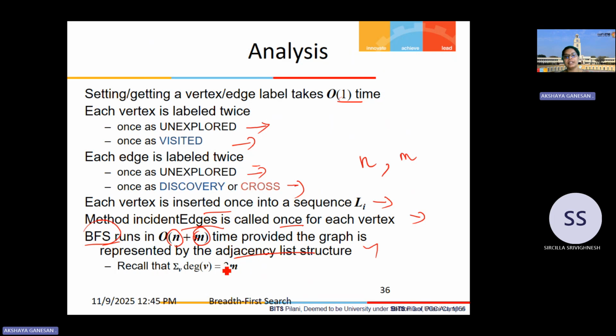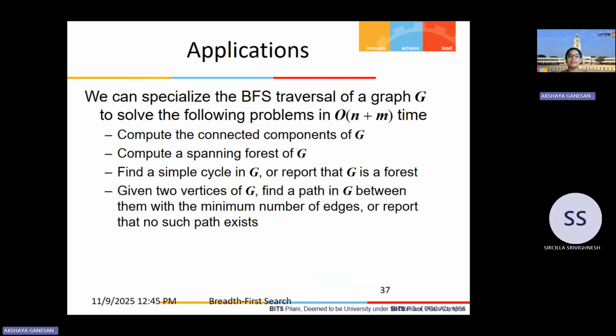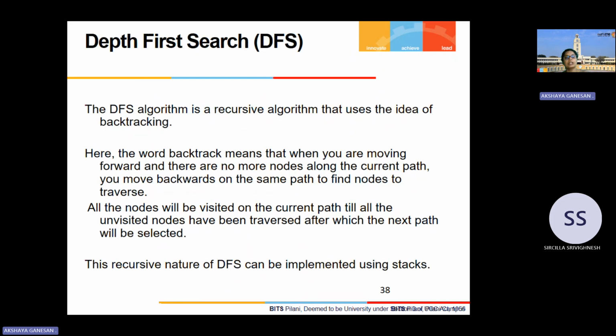So the total degree is twice the M. So you can use BFS to compute the connected components, to find a cycle, to find a spanning forest. If you want to find, given two vertices of G, a path between them, the minimum path, the shortest path, or whether no path exists, then you can use BFS. Okay. Next, we will look at depth first search